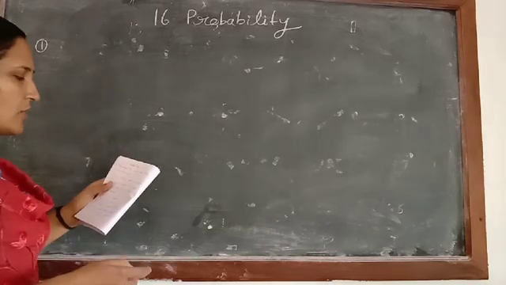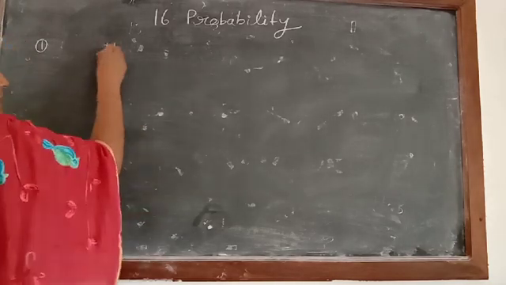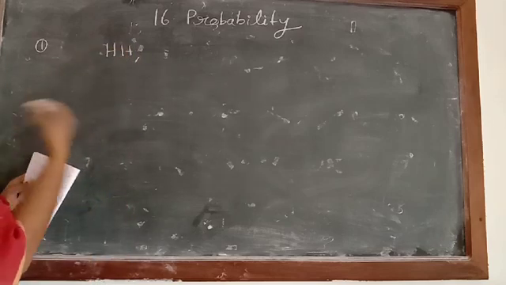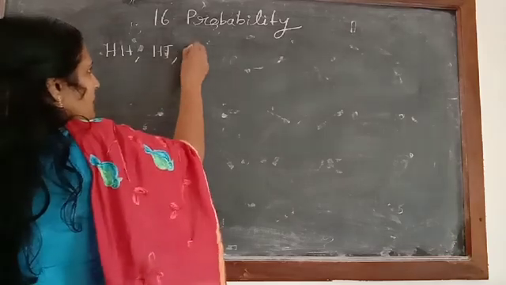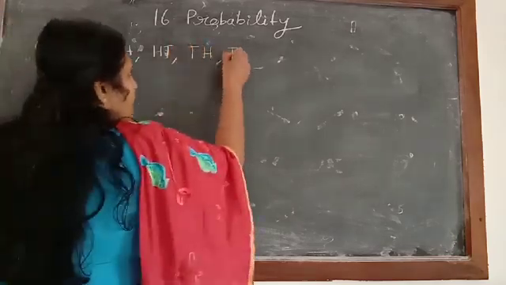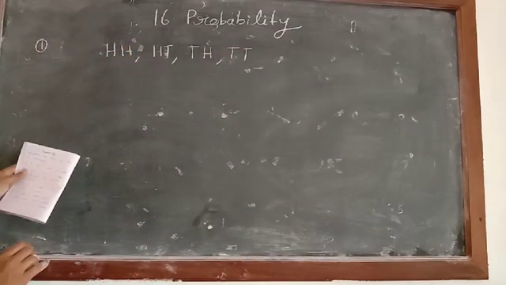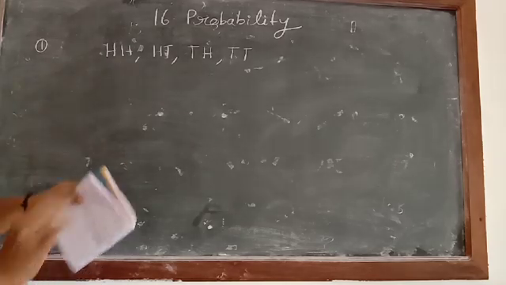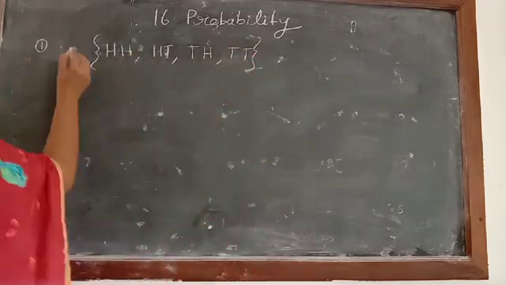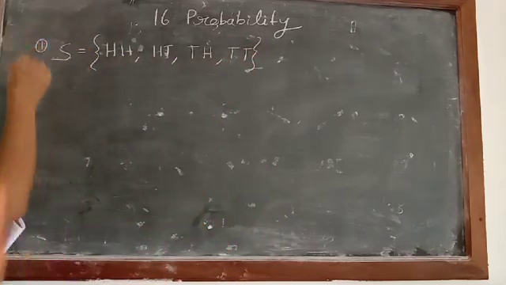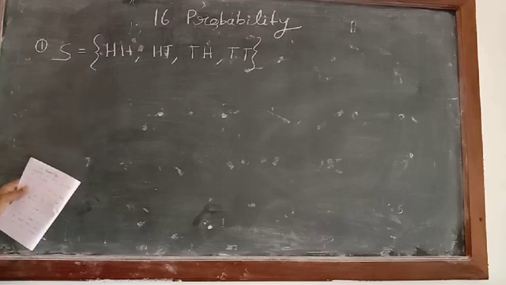When 2 coins are tossed together, what can be the possible outcome? Yes, in both the coins head can come, so one possibility HH. Or it can be head and tail, or tail head, or tail tail. These are the possible outcomes we have. Now we'll write down these outcomes as set notation, and the total outcomes is denoted by S, the sample space of the given event.